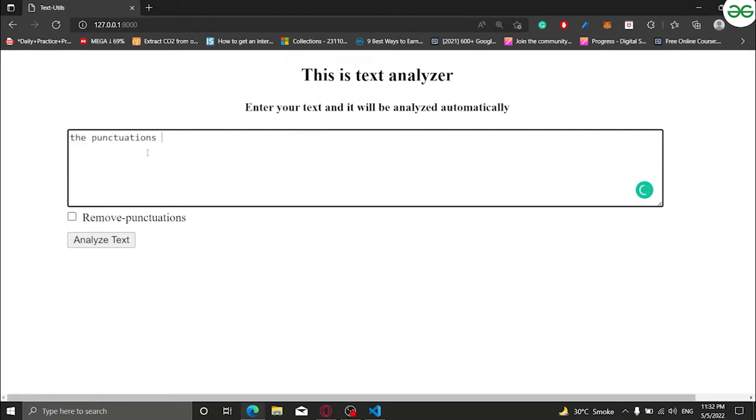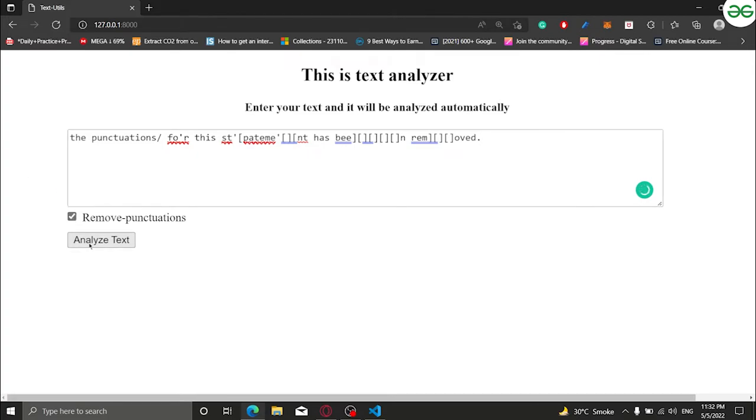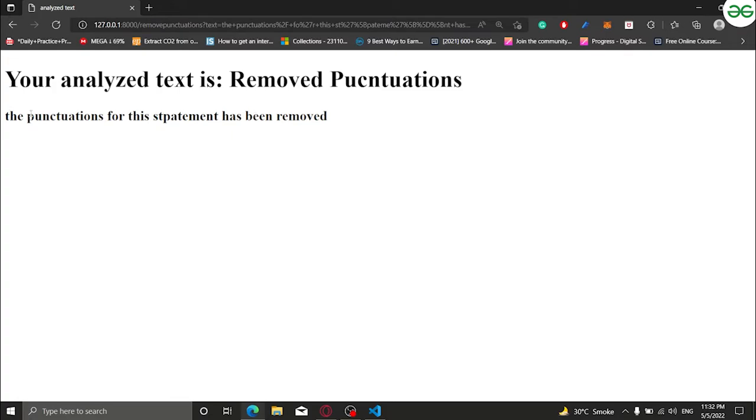The punctuations for this statement have been removed. Okay, now if I want I can put punctuations everywhere. Right now you can see that it has a lot of punctuations that have to be removed. As soon as I click on remove punctuations and click analyze text, you can see the punctuations for this statement have been removed,